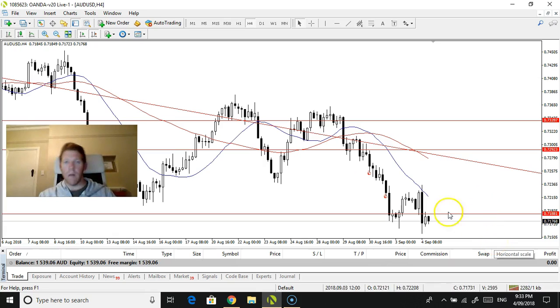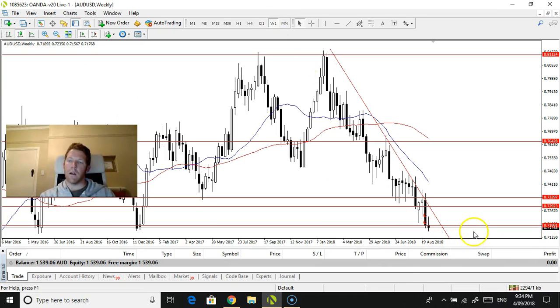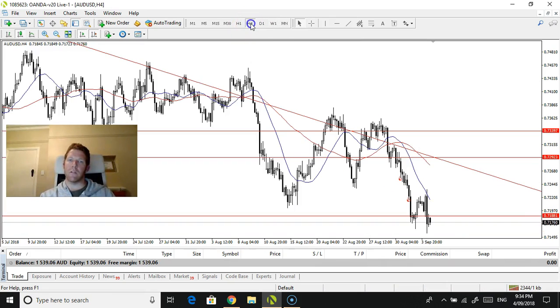Well, I mean, what will probably happen is you'll get wicked in, and then who knows. But what I like about this is it's got a lot of room to just fall. If you zoom out here, you know what I mean? I mean, that's massive. That's the next support level, really. Obviously, at 70 cents, you're going to probably find some. But we're talking 314 pips, which is nice. That's a nice risk to reward. If you're risking like 80 pips to make 340 or whatever, that's pretty good.